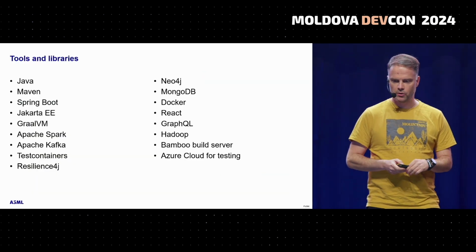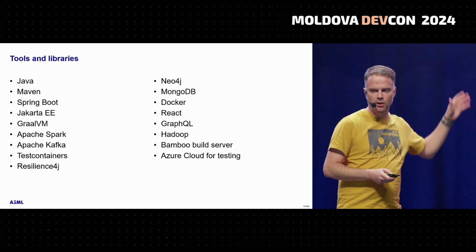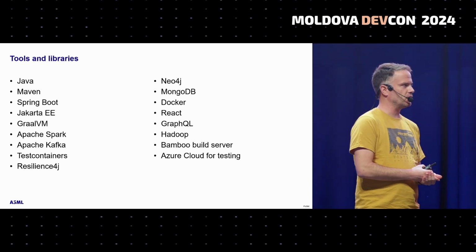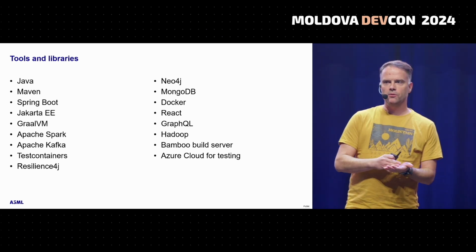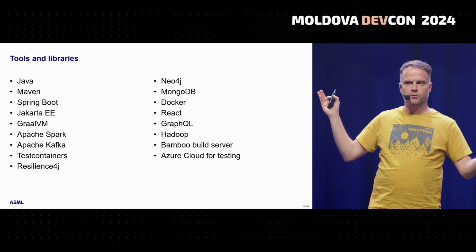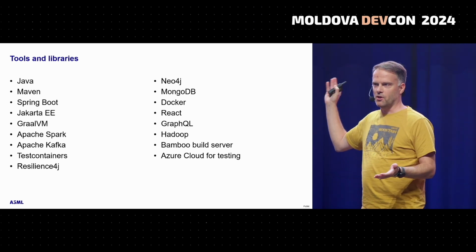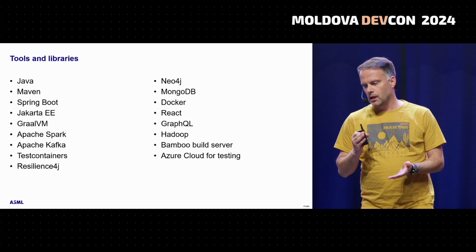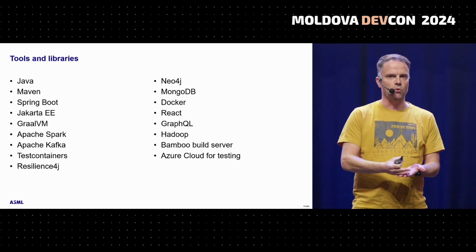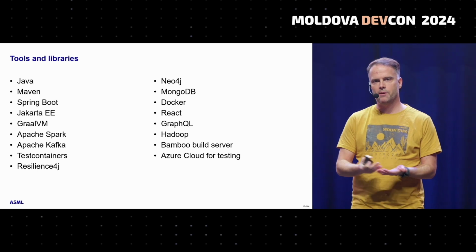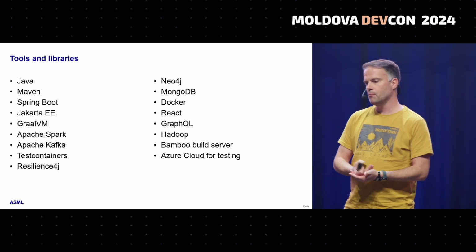And then in the end, this is the main tools and libraries which we use. But keep in mind, what I always try to give as an advice to everyone is, don't look at a stack which is shown at a conference and think, oh, this is cool, I also want to do this. This takes a lot of time to set up. We didn't start with this. We started with, for example, simple REST calls. We didn't start with Kafka. Later we added Kafka because we needed it for streaming data, for asynchronous messaging,